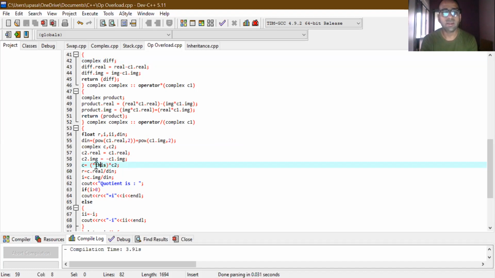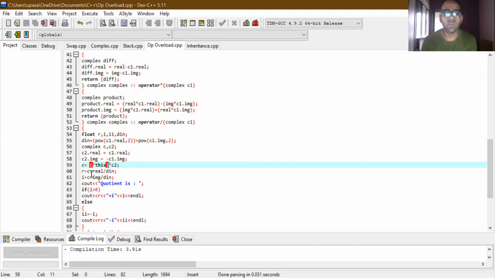So asterisk, this means this particular variable or this particular object in this case. So asterisk C2. Now here this asterisk sign will be for multiplication. So now as you can say, the numerator will be multiplied with the C2, that is the complex conjugate of denominator, and in denominator we already have the second complex number multiplied with its complex conjugate number.